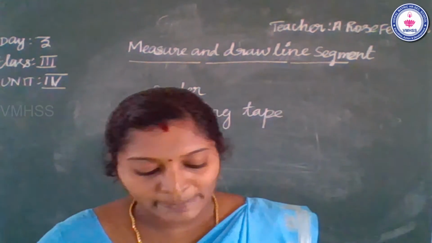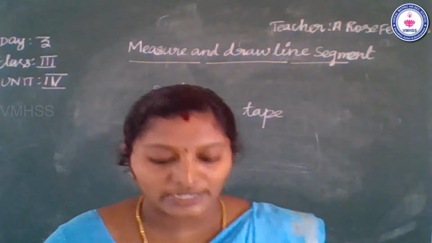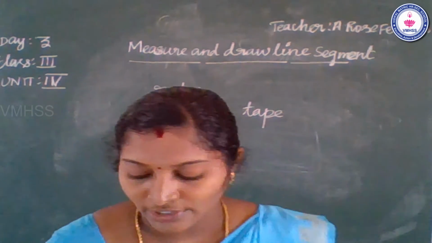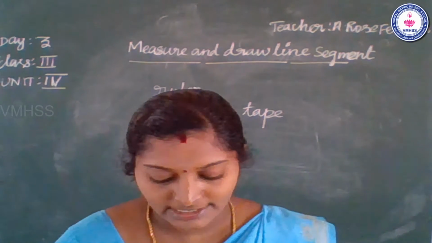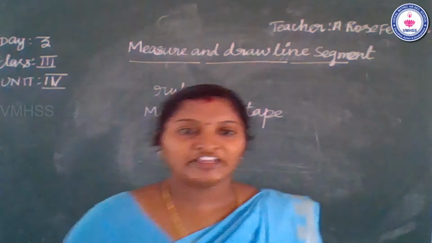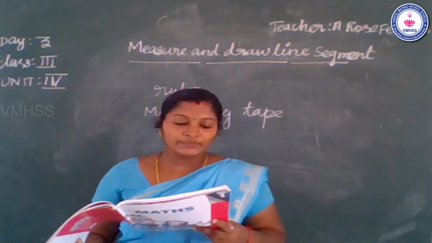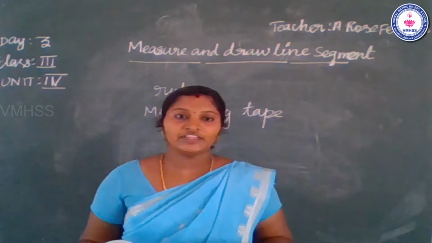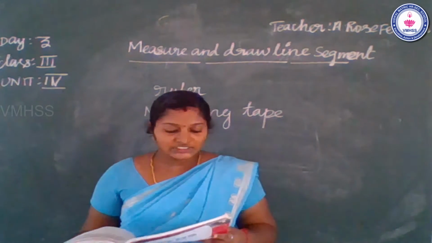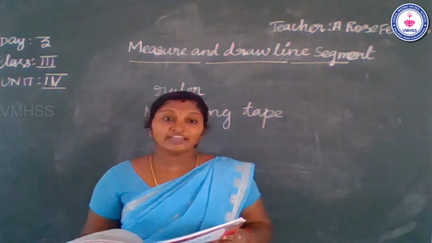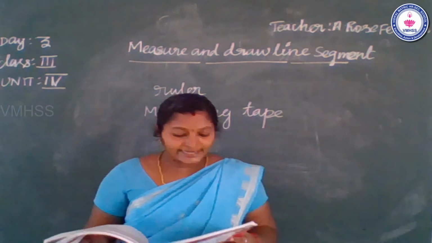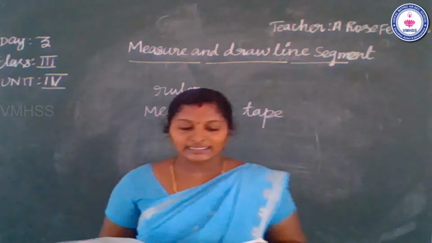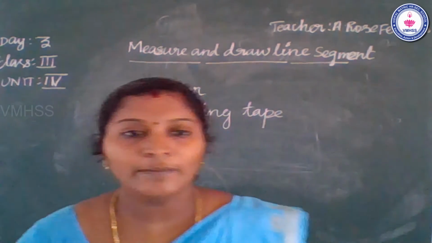So how to measure length using a ruler? Students, you already learned this topic, so once again we recall. Keep the 0 centimeter end at the start of the object. Count till you reach the end of the object. Write the measurement in centimeter. You already know 1 meter equals to